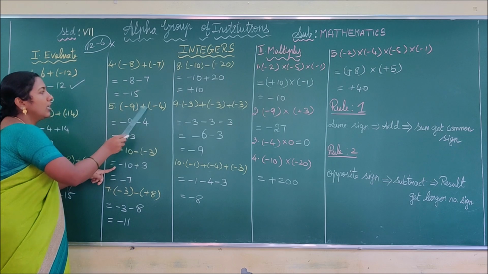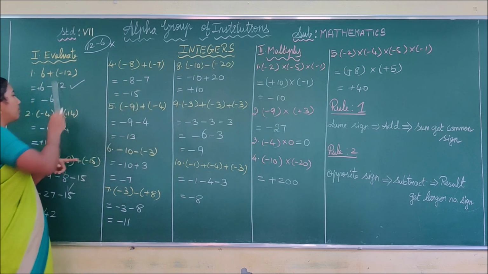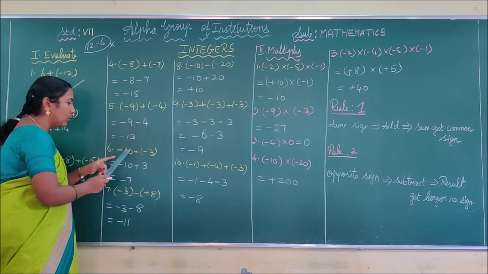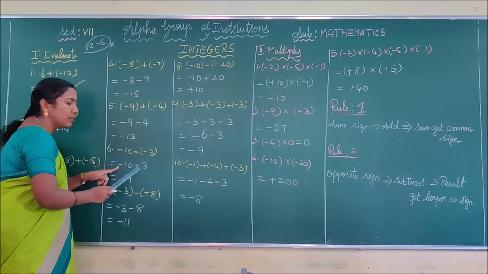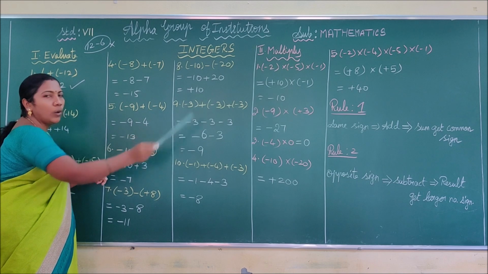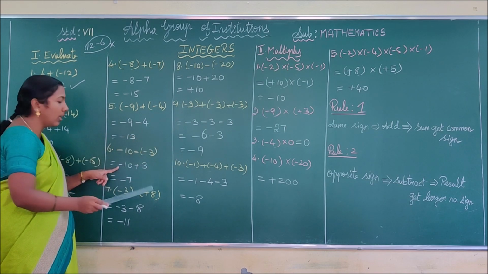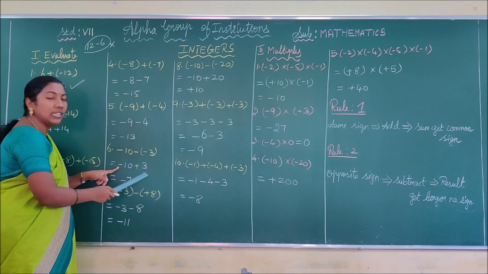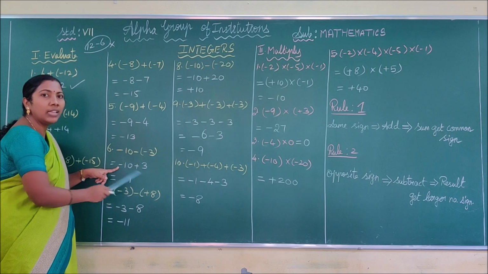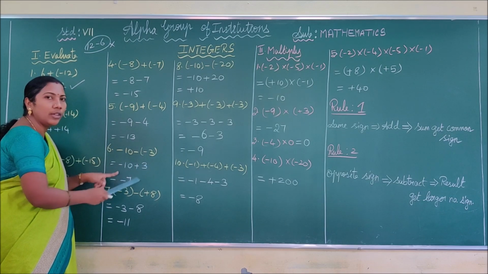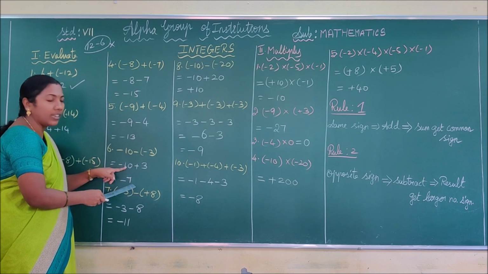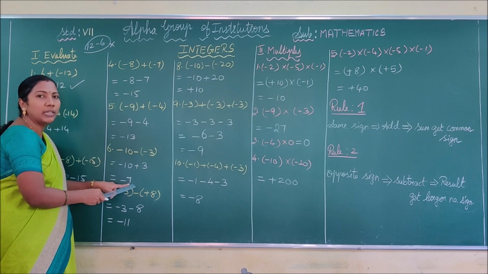Here see here, children. Now these sums are having the symbol plus here. Here we have the symbol minus here. The operation is here subtraction. So minus 10. Minus into minus, plus 3. Though it is the subtraction sum, you have to follow rule 1 and rule 2 only. There is no doubt in it. Okay. Thus minus 10 plus 3. Thus the given integers are in opposite sign, means you have to subtract the smaller number from the larger number. Thus 10 minus 3 you get 7 and the sum takes the larger number sign. What is the larger number here? 10. What is the symbol for 10? Minus. Thus the answer became minus 7.